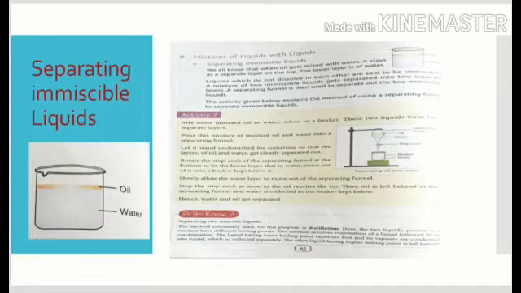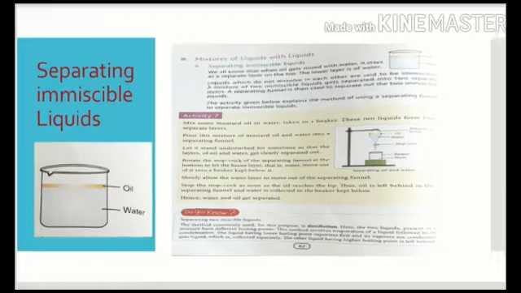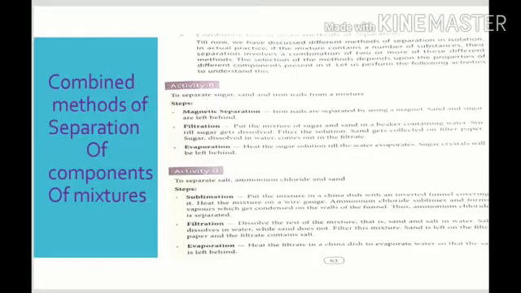First topic we are going to do is separating immiscible liquids. Under this heading, we will discuss what are immiscible liquids and some examples of immiscible liquids, as well as the apparatus which can be used to separate the components of such type of mixture.